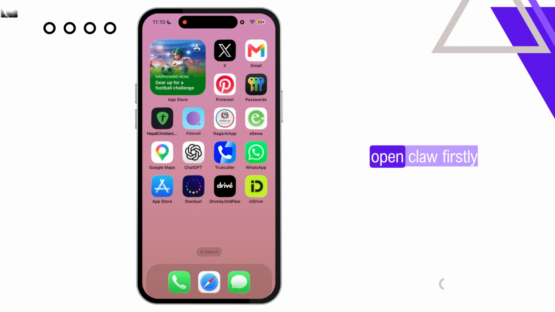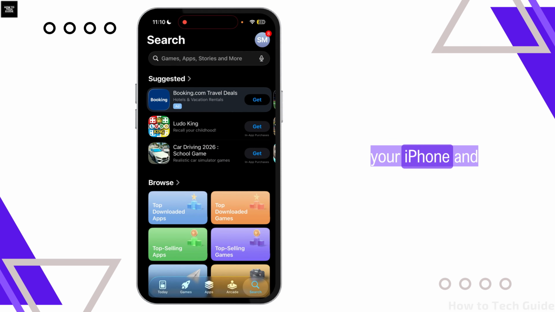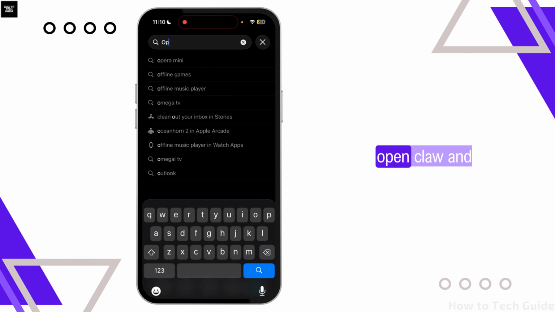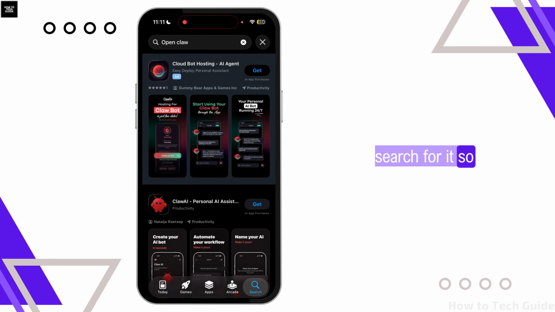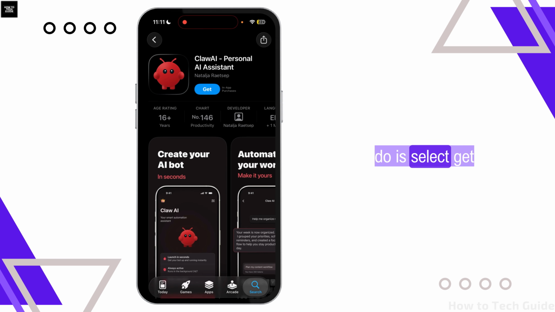In order to download OpenClaw, firstly you need to open the App Store on your iPhone, and at the top there's this search bar here. Select that search bar and type OpenClaw and search for it. So over here you'll find this Claw AI. Simply select it, and what you need to do is select Get